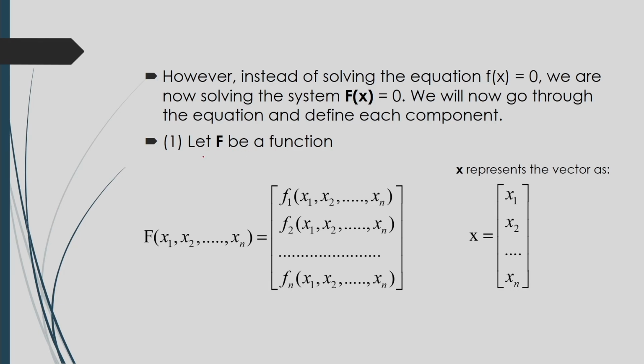Let f be a function f(x1, x2, up to xn), and this function will be a set of nonlinear equations f1, f2 up to fn, where x represents the vector, a set of x1, x2 up to xn,